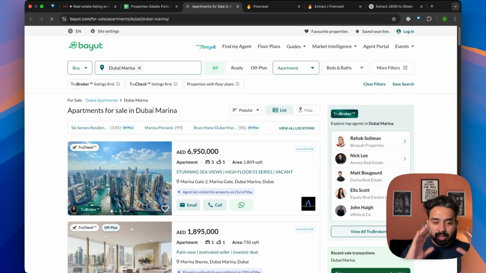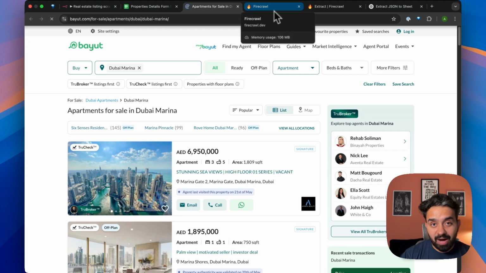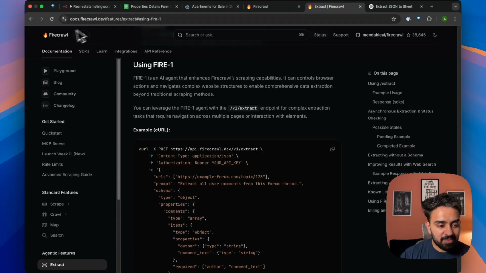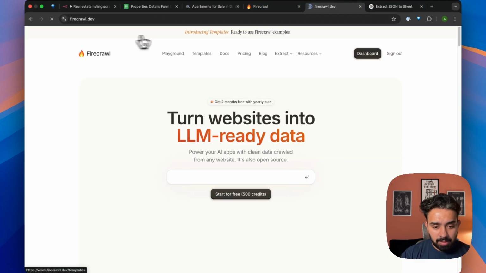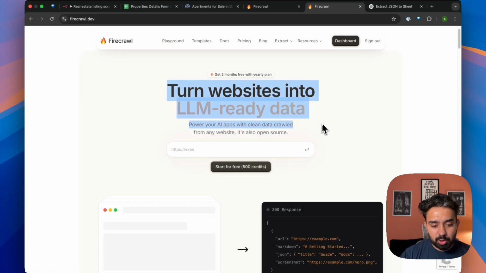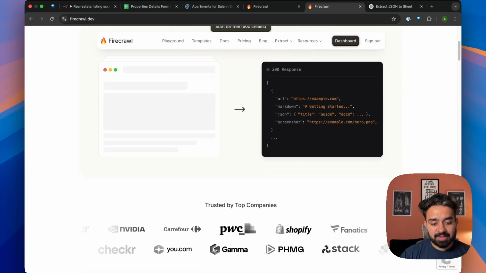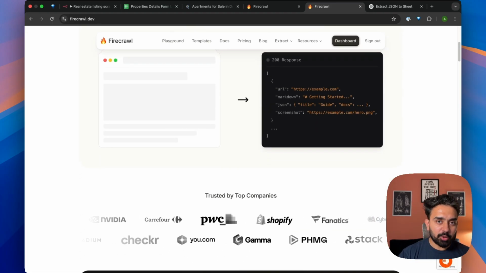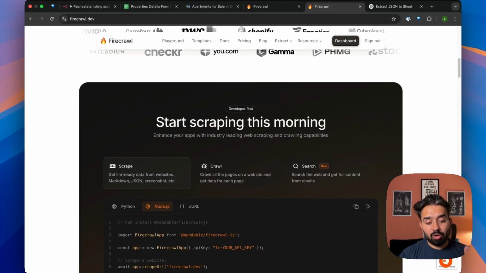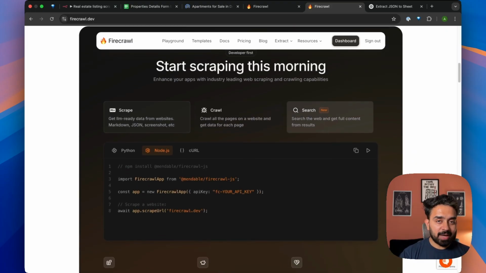library, a very common one, you would be hearing about this library in all the places. It's called Firecrawl. So if you check Firecrawl, turn websites into LLM ready data, and they provide a bunch of APIs that you can use. And we'll be using Firecrawl as a service to scrape all of these websites to get all the data that